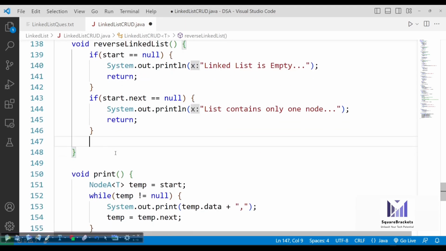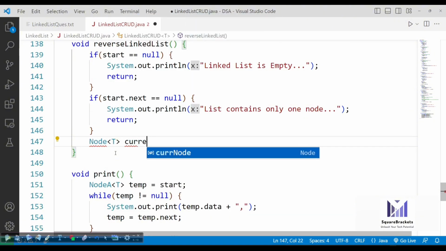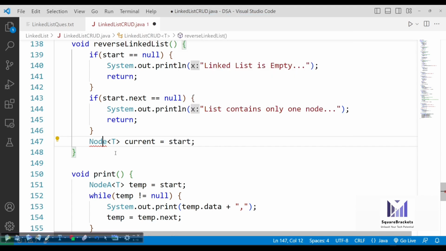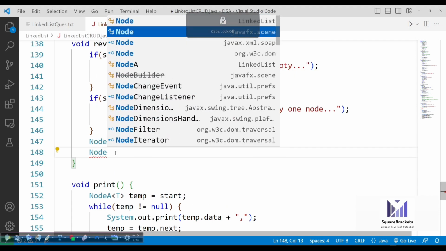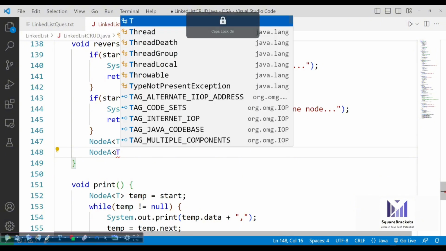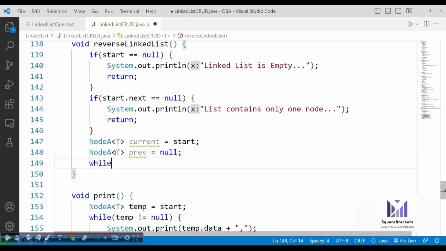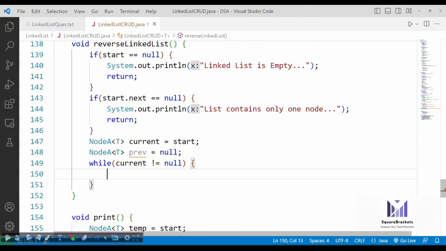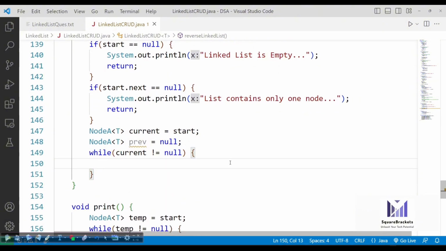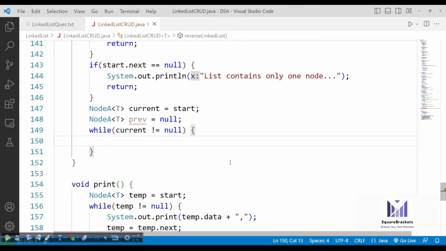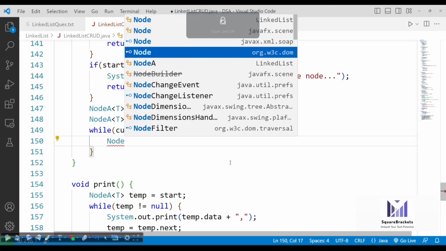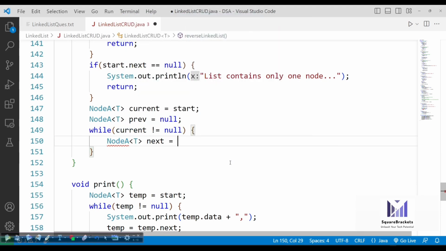Now what if we have multiple nodes available? So initialize the current node first, and current will simply store the reference of the start variable. We need to have a previous node that will start with the null variable, that is the previous with a null. Now inside a loop until my current becomes null, because at the end current will reach the null. So until I reach the null pointer, first of all, we will store the next node. So in order to store the next node, we have a next variable. So I will simply store current dot next.